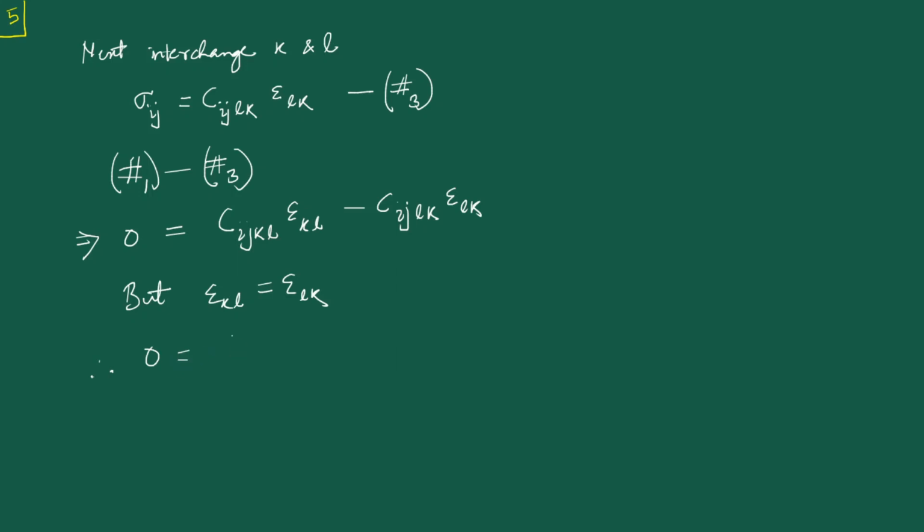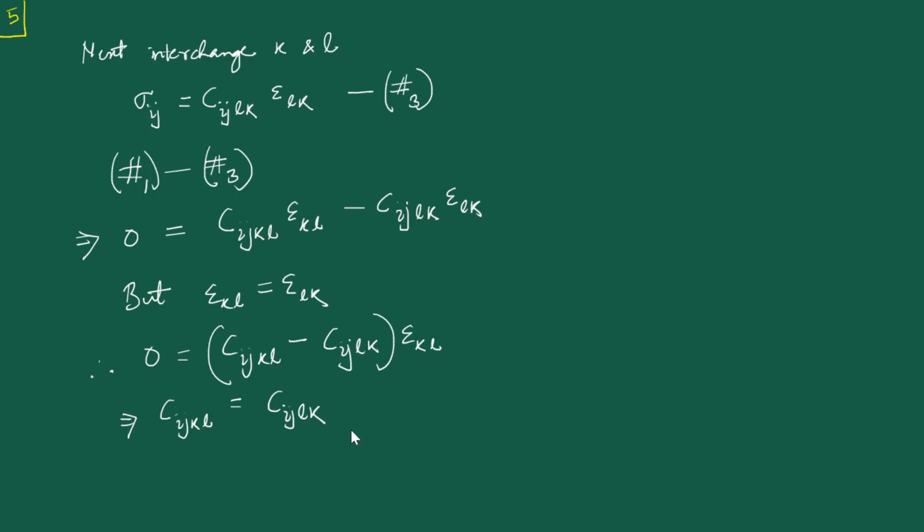0 is equal to Cij Kl minus Cij Lk multiplied either by epsilon Kl or epsilon Lk, doesn't make any difference. And again, the argument is that since the components of the strain tensor are not going to be 0 in general, therefore we can conclude that Cij Kl is going to be equal to Cij Lk. So these two things that we have just obtained,